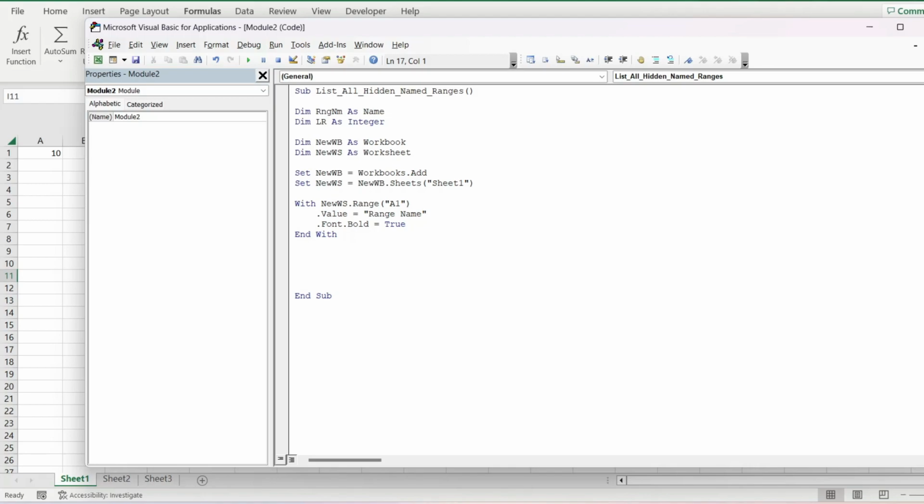Okay, so now for grabbing all the named ranges that are hidden, we're just going to loop through them all that are in this workbook. So for each range name in this workbook dot names, if the range name is visible, or sorry, is not visible, then